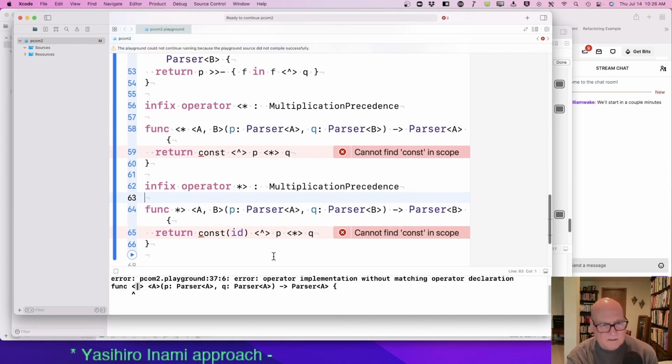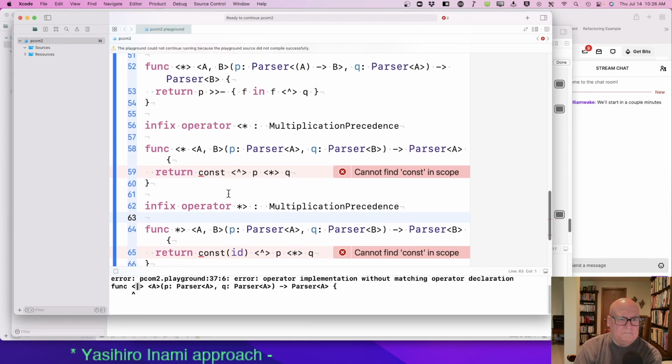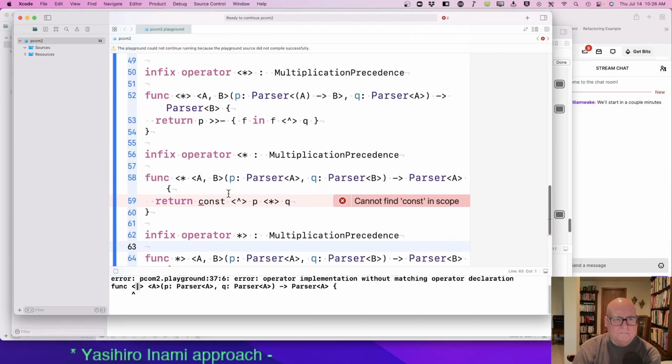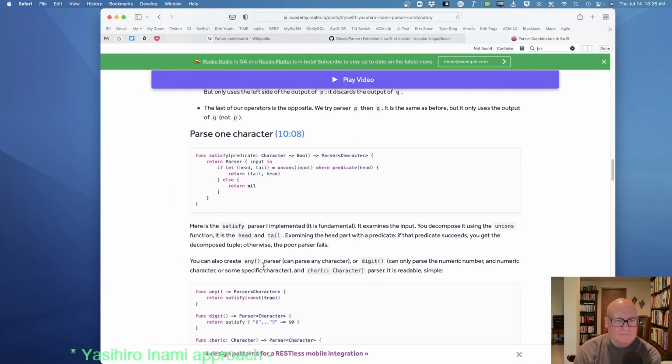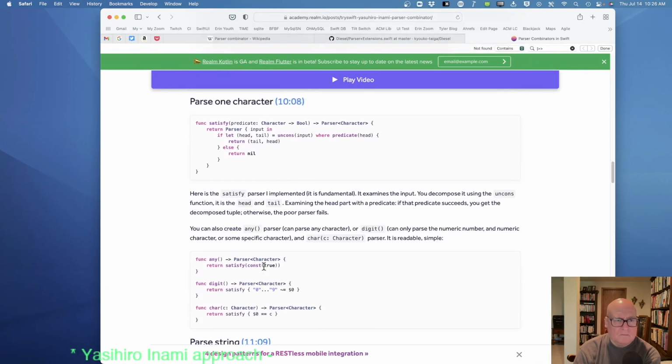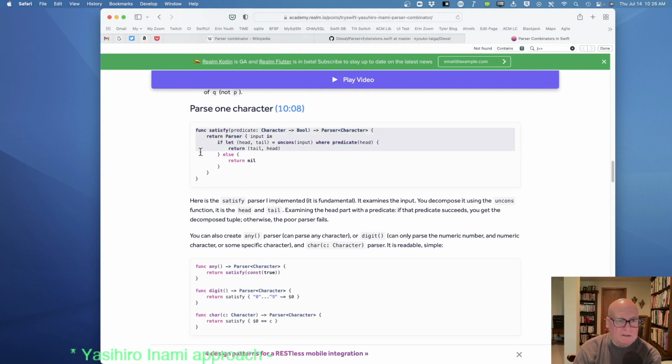Const of ID. Okay, this one I think is fine.